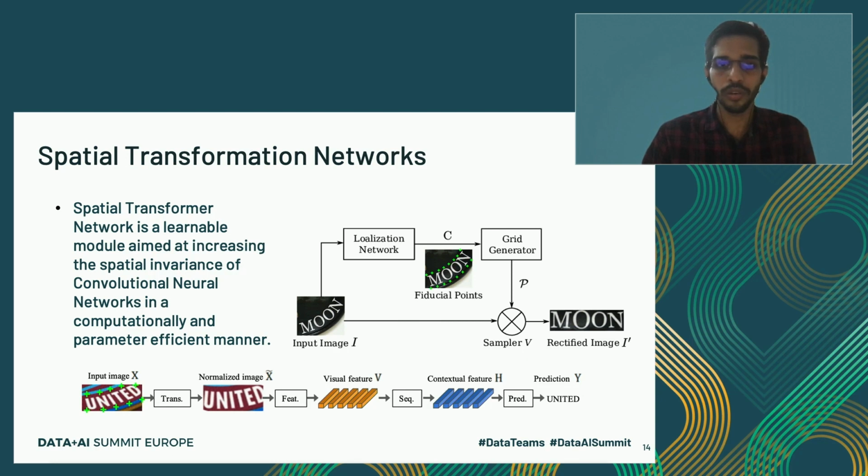So the word moon, previously it was curved, and now we have a rectified version of the word moon over here. Once we have the rectified or normalized image, the rest of the process remains the same. We can feed it through a CNN LSTM attention based model or a CRNN CTC based model. Basically, spatial transformation networks help in transforming curved or arbitrarily shaped text into a normalized fashion. That is the main advantage of having spatial transformation networks.